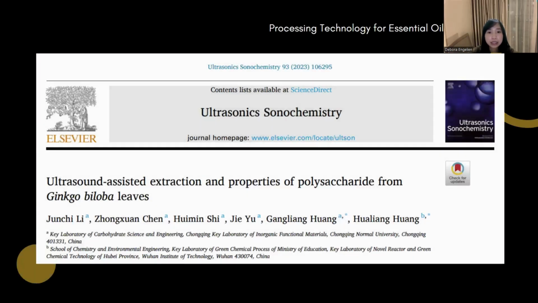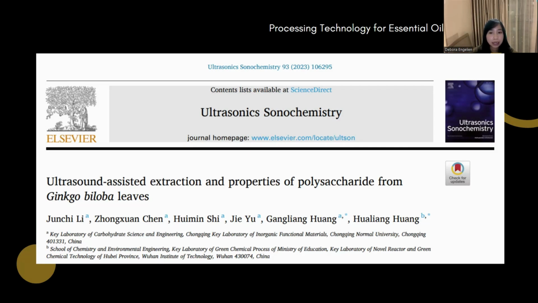Onwards to this article, the title of this journal is Ultrasound-assisted extraction and properties of polysaccharide from Ginkgo biloba leaves. And in this study, there are six authors, as we can see here on the screen, and they are Junchi Li, Changsuan Chen, Hui Min Se, Chiayu Kang, Liang Wang from the Key Laboratory of Carbohydrate Science and Engineering, Tianjin Key Laboratory of Inorganic Functional Materials, Tianjin Normal University, Tianjin